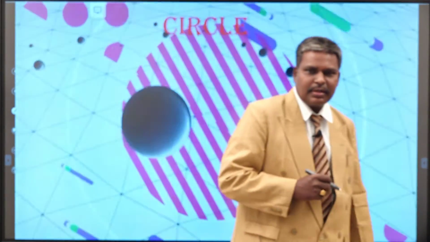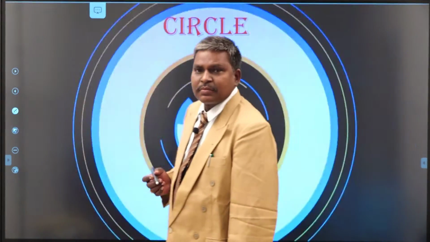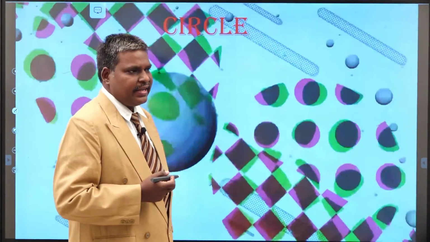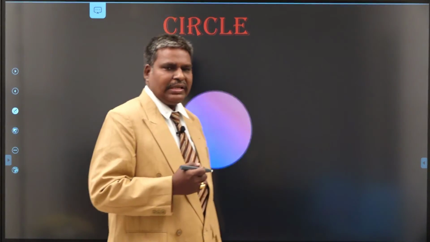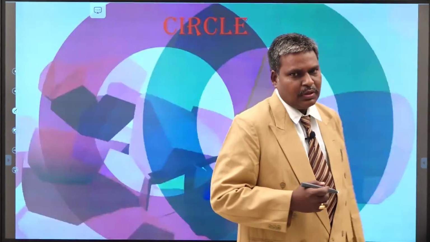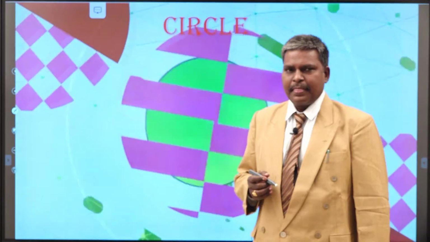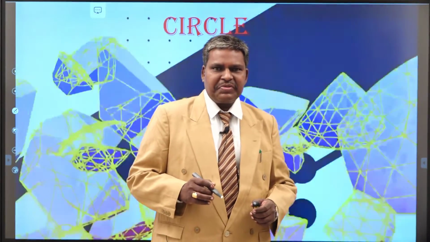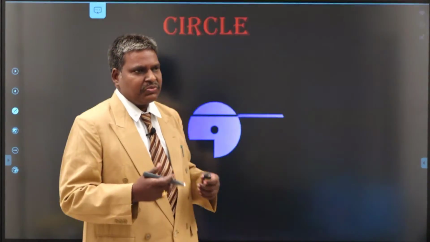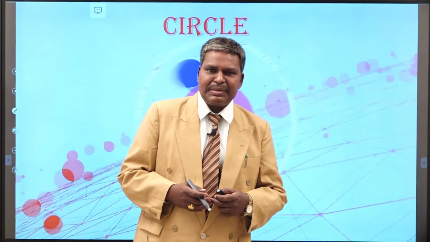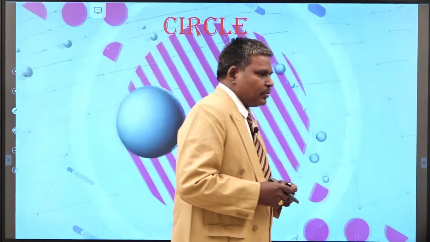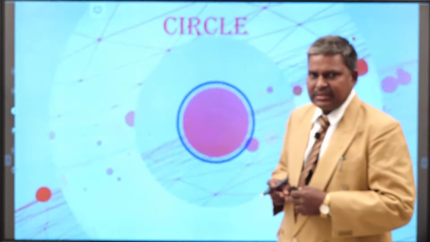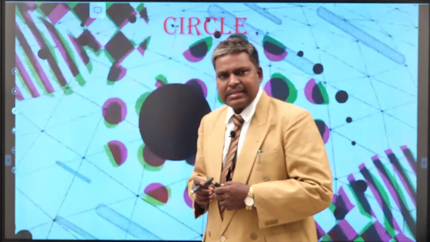Hello students, last class we discussed what is a circle, how to obtain the equation of a circle with given center and radius, how to obtain the standard equation of a circle, what is the general equation of a circle, how to find its center and radius, how to obtain the circle equation from the general second degree equation, that is, what are the conditions that the general second degree equation becomes a circle, and what is the length of the x-intercept. Now today we will continue the class.